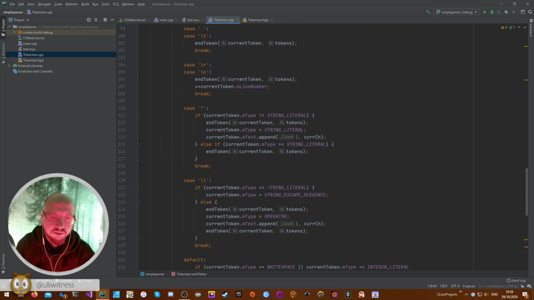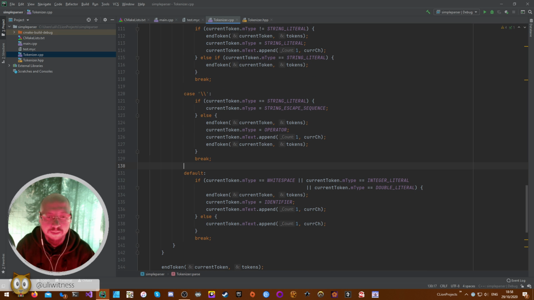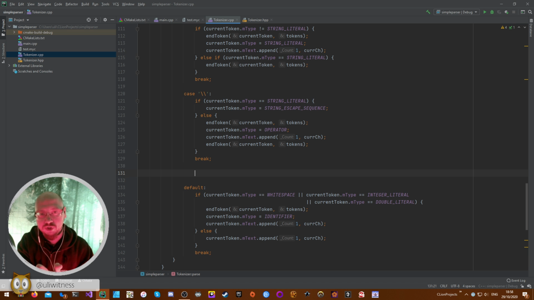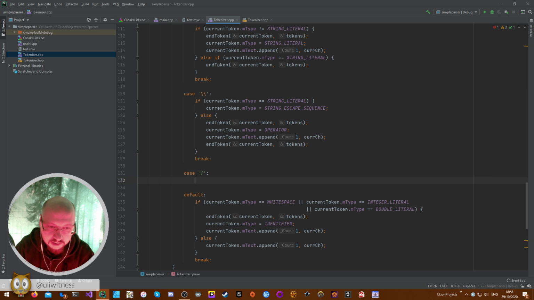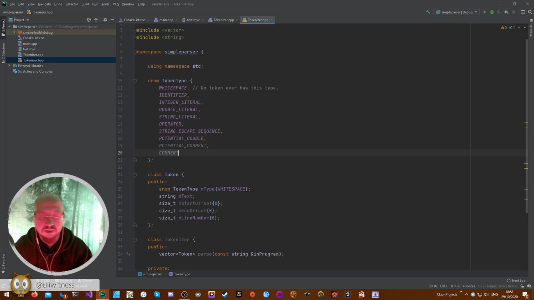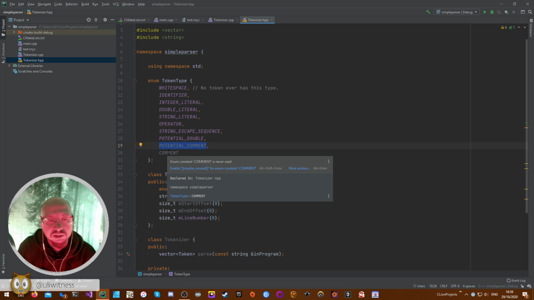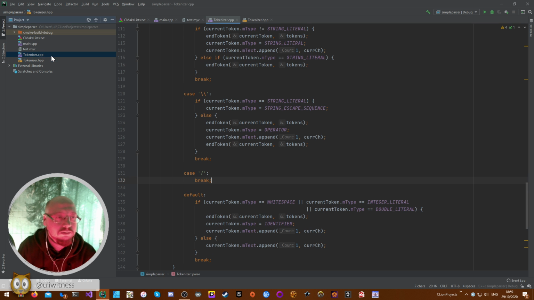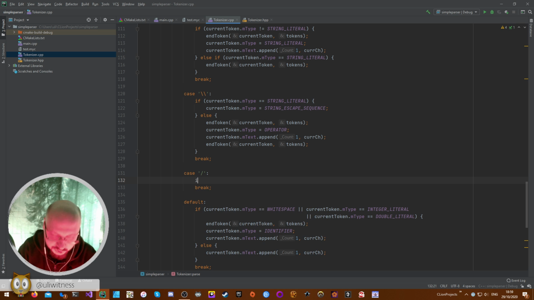And now we have one more case to cover, and that is comments. And again, comments are a little complicated because a slash is a division operator, 2 slashes are a comment. So again, we go case slash, and now we need to add another fake type here, potential comment and comment. And comment is also a type that we will really never make a token of, but we'll still use it here. So case slash if current token type equals